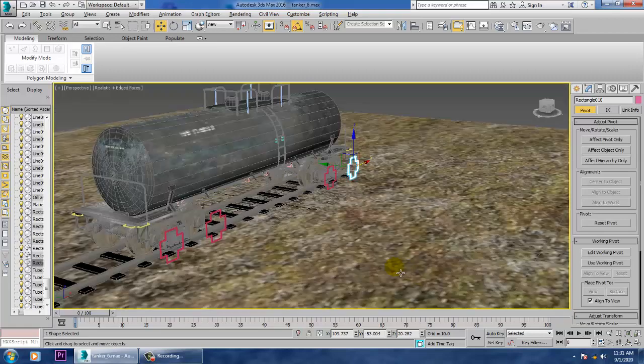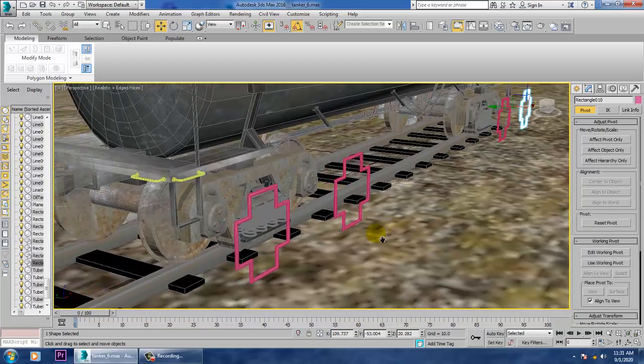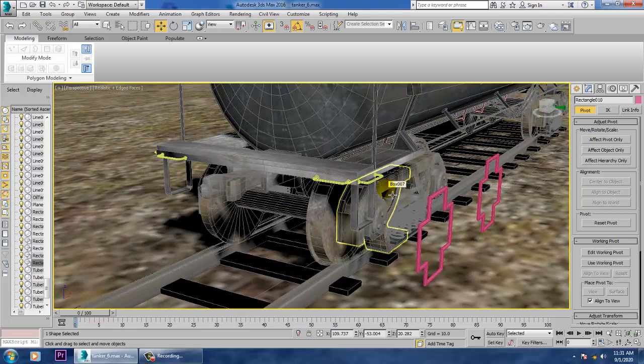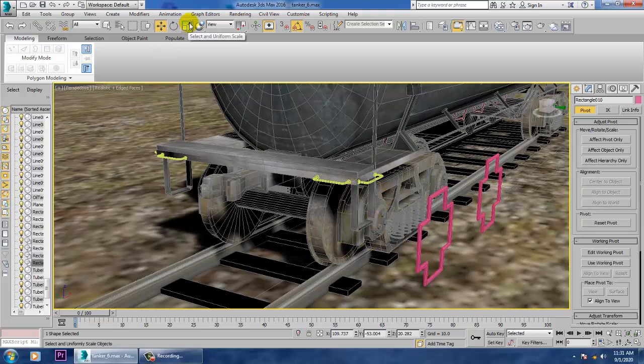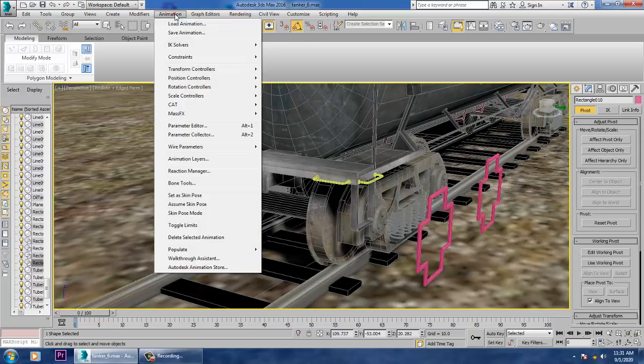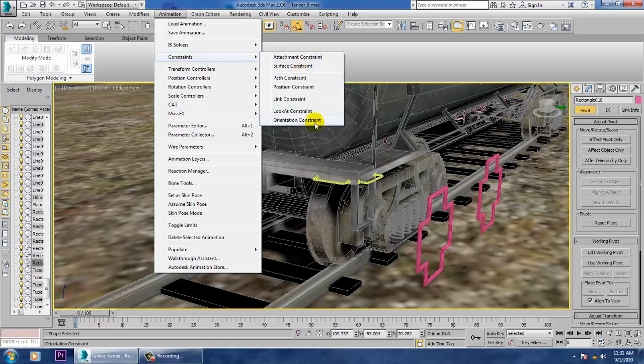So now what we'll be doing is, we have a property called constraints. Whenever I say constraint, there are different types of constraints. There are two things: one is parenting and the other is constraint. Into this constraints you have different constraints. We'll be utilizing one constraint that is called orientation. Orientation is something like, if you want my tire to rotate with any object which is connected to it, that is called orientation. So orientation, we say it is a rotation.